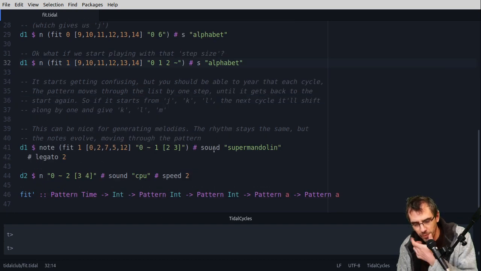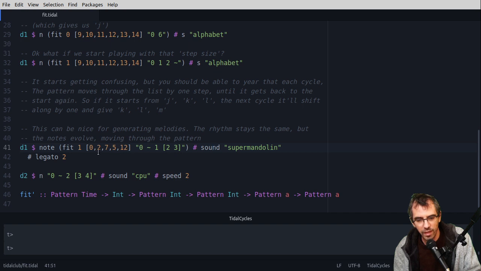This is an example with the Super Mandolin synth. So here it's got a simple rhythm with a simple selection from here. It's got 5 numbers here, so a simple scale. They don't have to go up in order, so I'm going 0, 2, 7, 5, 12. So that would be like the basic simple melody. Again, I'll just keep it as 0 just so we hear it when it's not changing.